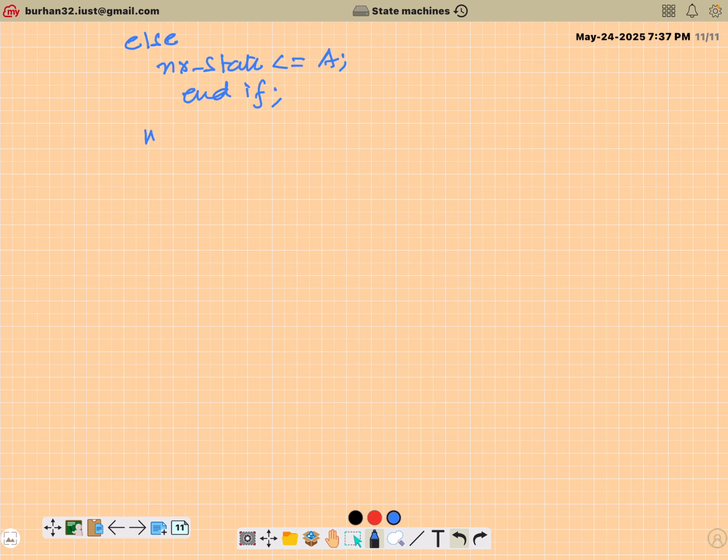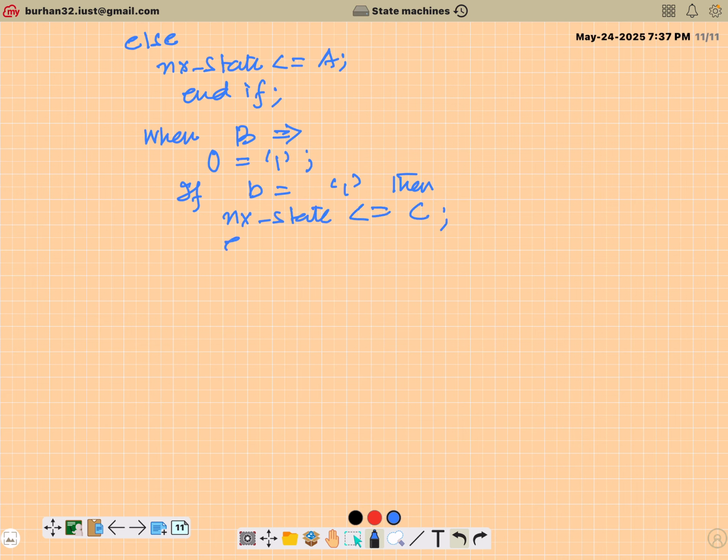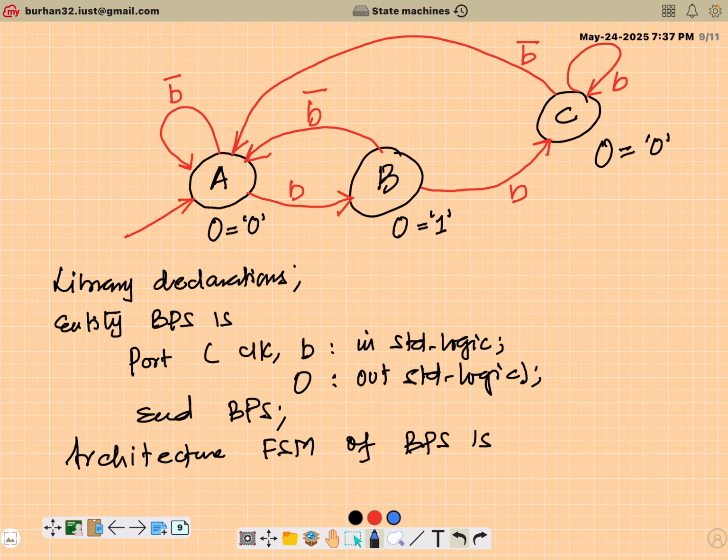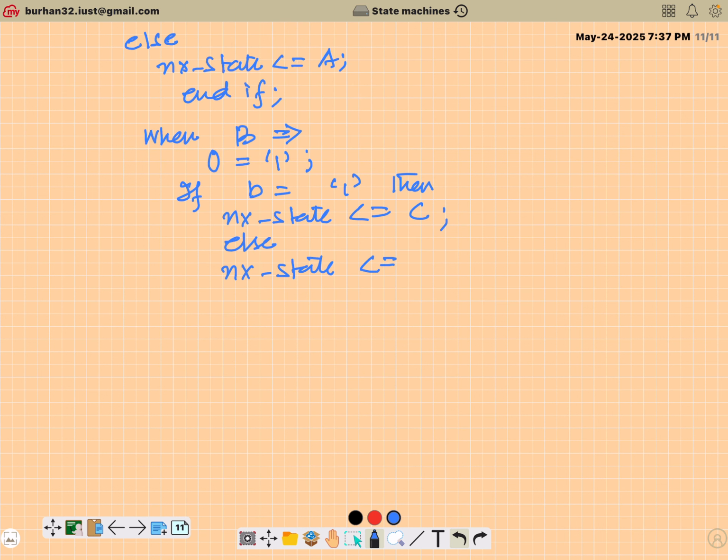Then when you are in B, your output is 1. And if B is equivalent to 1, then your next state will be state C. Else, you will continue in the same state. Is it? Just a second. Let's have a look at the FSM. Okay, you'll have to come back to A. The next state will be A. Fine. Then we will end if,